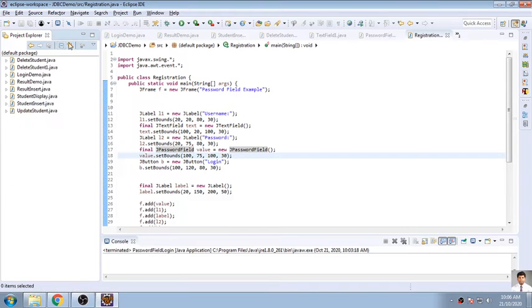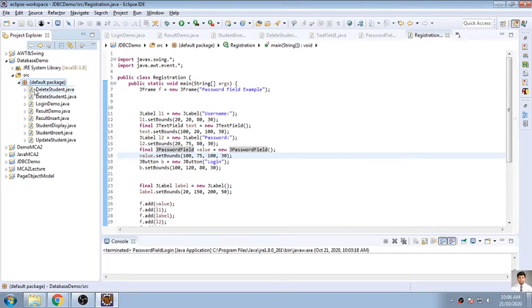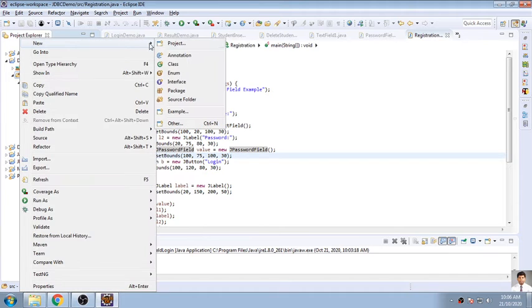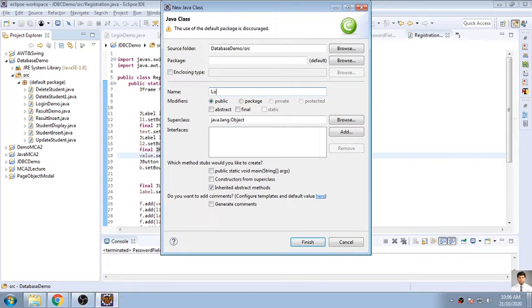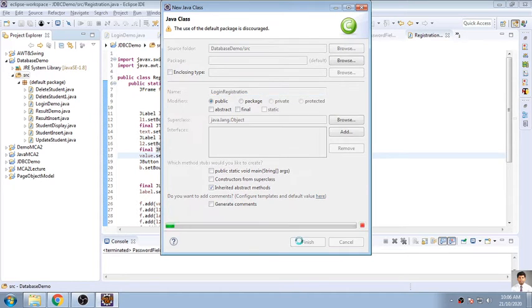So in the source, new, I will say login registration. The name of my class is login registration. This is the name of the class that we'll be creating for login registration, and we'll say finish.